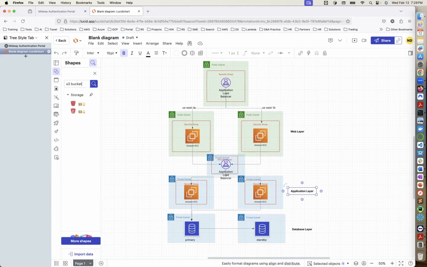S3 is a public service. S3 does not exist in a subnet or none of that. S3 is a region-specific service. It doesn't have to be in a subnet. So you can have an S3 bucket out here, right? You can put it in the data layer because it's a data thing. But the images that are stored here are serving the website